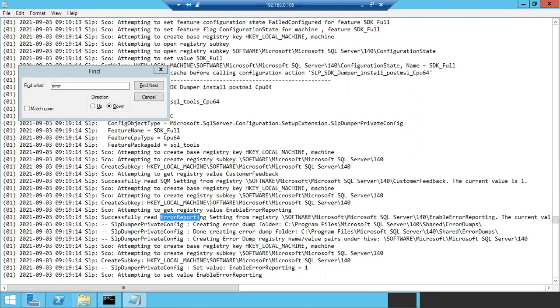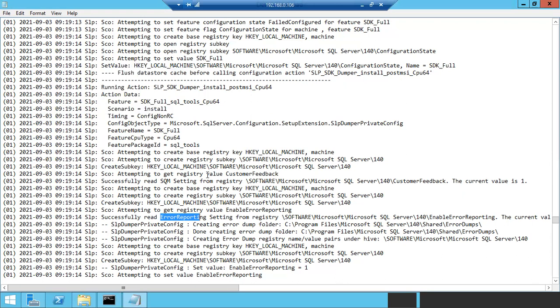The first source is summary.txt. If something went wrong, you can find it in the summary.txt file itself. If you don't see anything, at least you will get some hints. But if you don't see proper information, go to the date and timestamp folder, go to detail.txt. There, try to search with keywords like error or failed. If you find anything, that's fine. If you don't, then we can keep searching for more information.